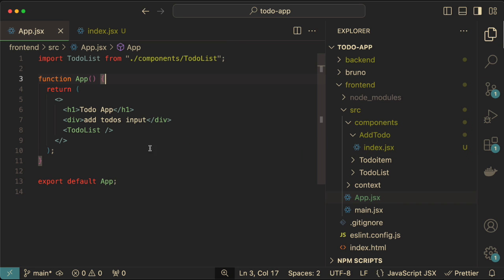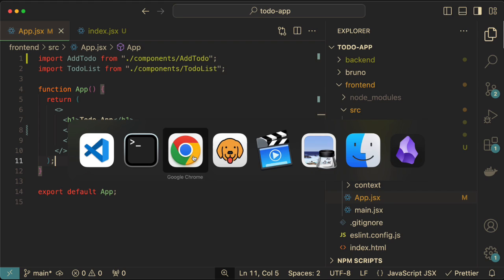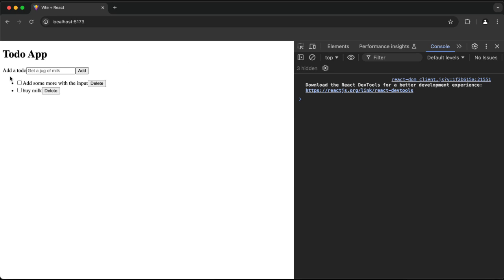Now we can use this. Let's go to the app. Let's replace this with AddTodo. Thankfully, it should import for us. If it doesn't, remember to type it. Okay. And save. Now the browser, that input is in here. We can highlight it. We can hit something. If we hit the enter key,